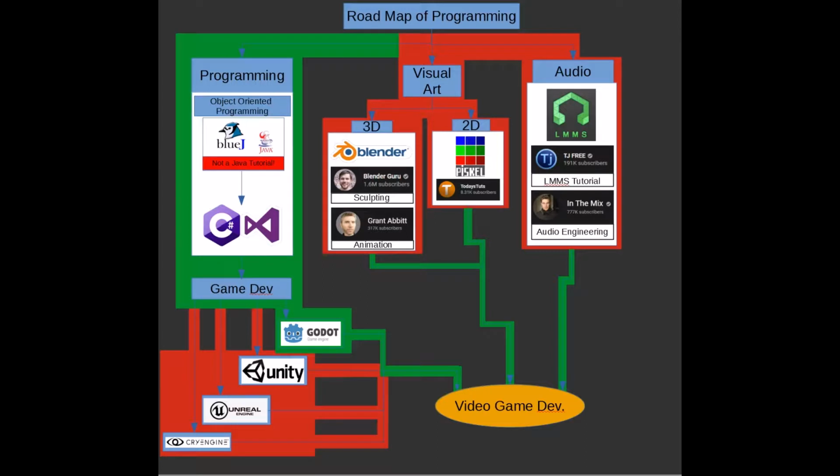So we're going to start off with Java, and I'm going to walk you through an admittedly long tutorial, but it's going to be very informative, and it's going to actually tell you how software development works and how object-oriented programming works, and it's knowledge that you can apply anywhere. By the end of the Java tutorial, you'll easily be able to pick up C#, which is actually something we're going to do. Once we're done with Java and we've learned enough about object-oriented programming, I'm going to shift down here to C#,